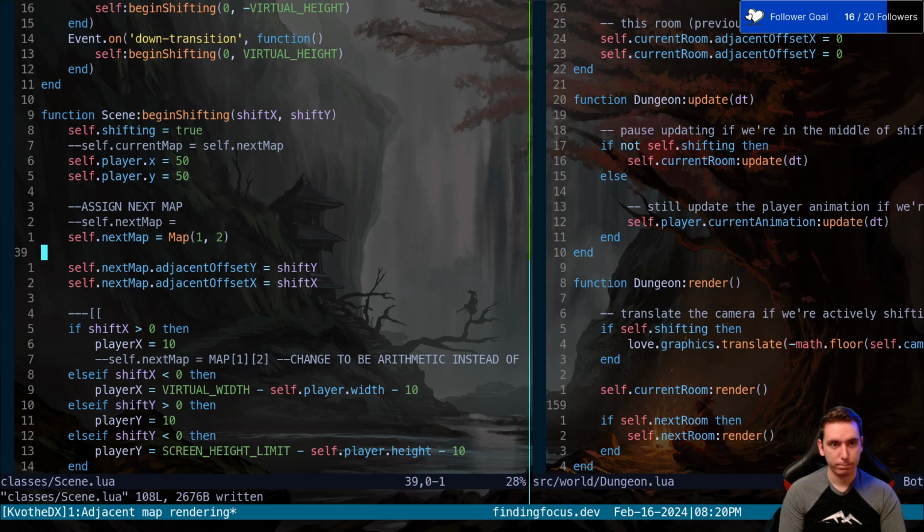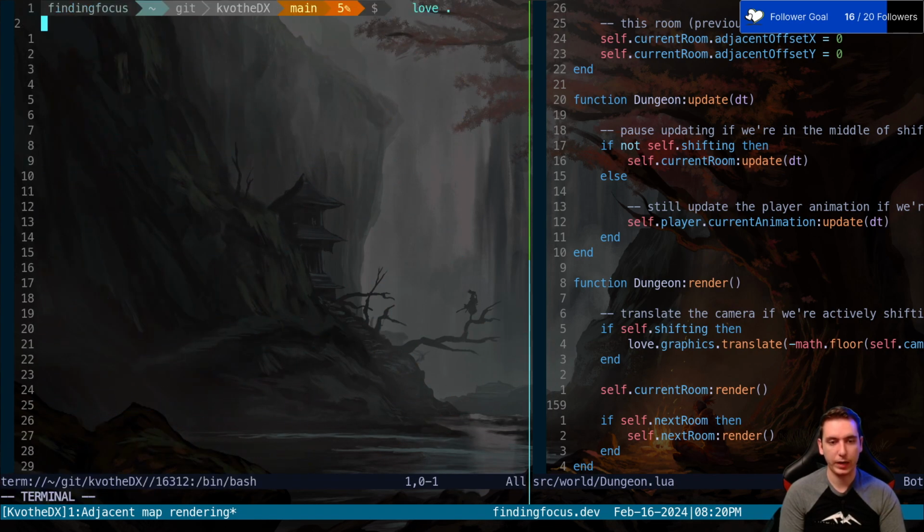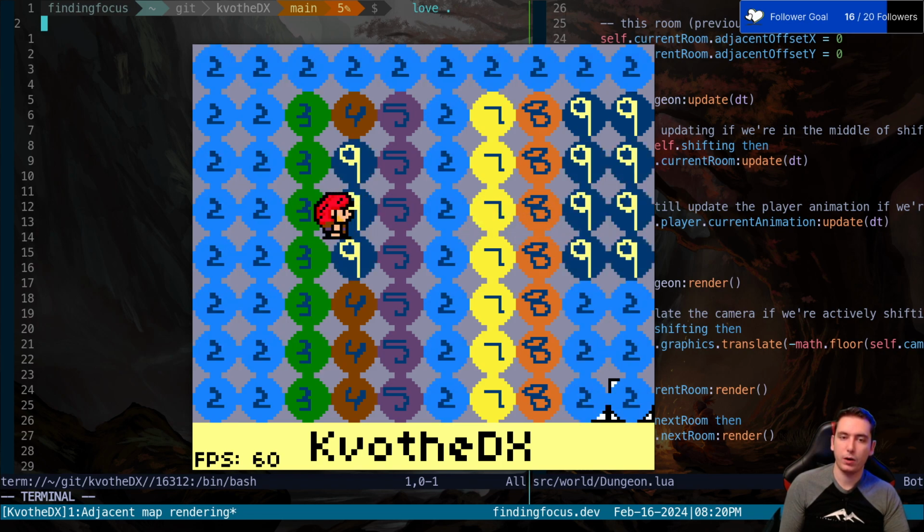and we are explicitly saying our next map gets 1, 2 by the time we begin a transition. Okay, so this should be it. Map 1. Now if we walk to the right, it should become map 2, and we'll translate. Okay, so now let's turn off